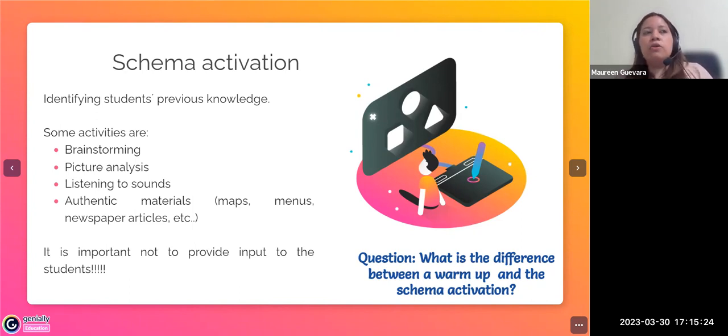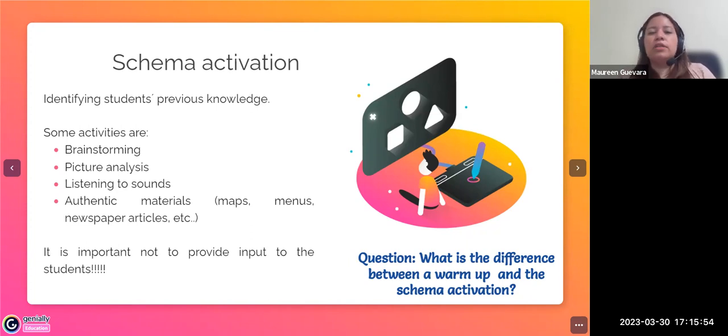Okay, what about your last vacation? Oh, what did you see in this video? Or maybe you can show them an object and you can say, what is this? To see if they can identify the object or not. Okay, but you don't say, okay, this is a cell phone or this is a camera. No, you don't give them input because you want to know if they know or if they already have heard about the topic, etc.